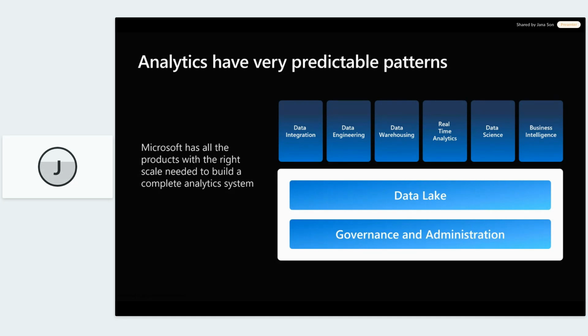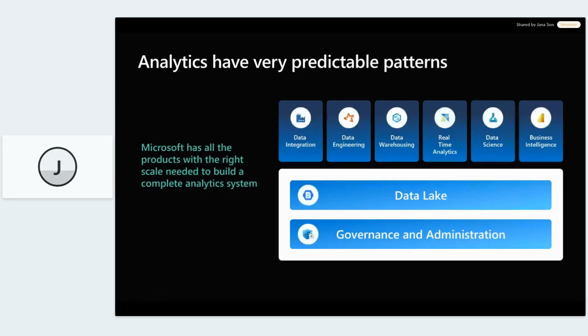But for all these pillars, Microsoft already, even before Fabric, had a rich product portfolio, so you might be familiar with it. For data integration, we had Azure Data Factory or Synapse pipelines. For engineering and warehousing, we had Synapse Spark, and dedicated and serverless SQL pools. Azure Data Explorer was there for real-time analytics, Azure Machine Learning for data science, etc. Of course, probably the most recognizable of them is the Power BI business intelligence pillar, which is the go-to tool for reports. And you'll see that's really fundamental for the Fabric setup as well.